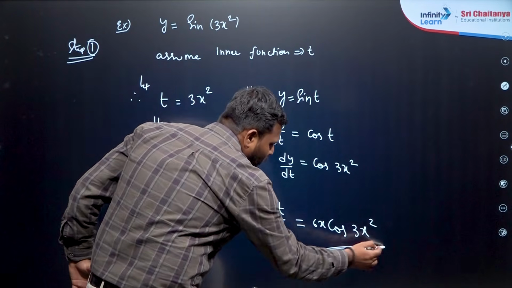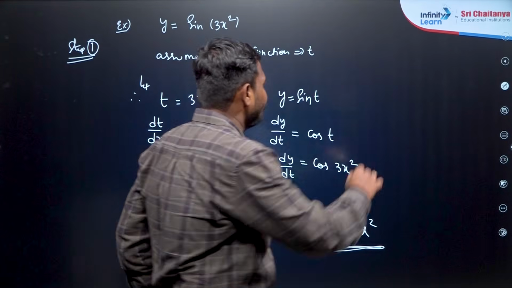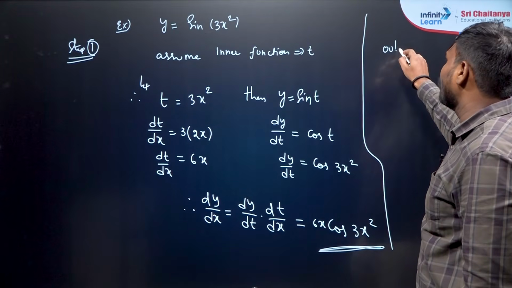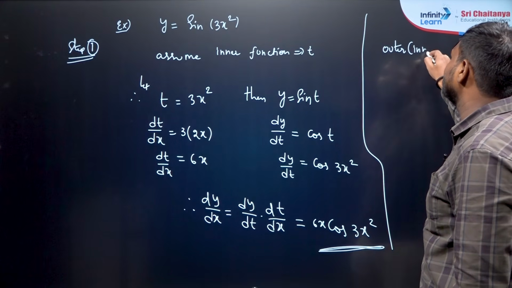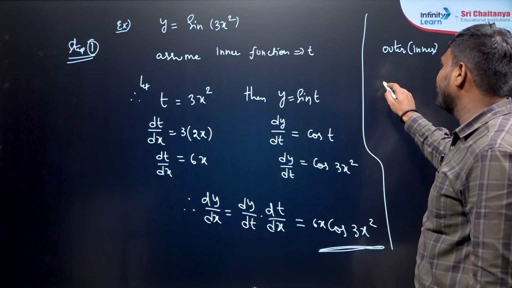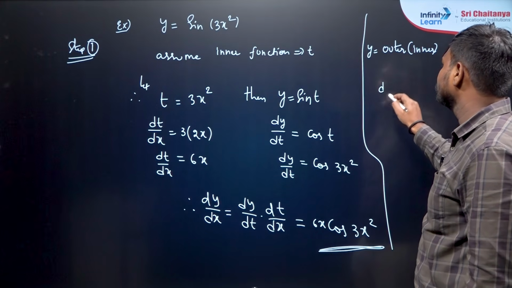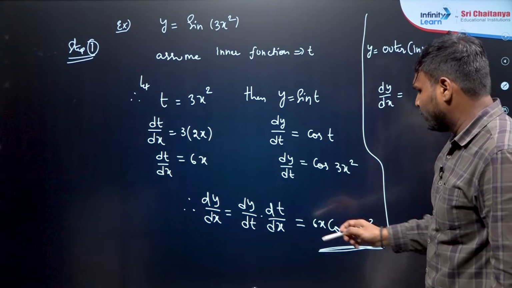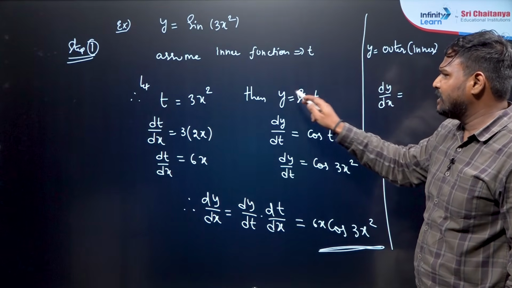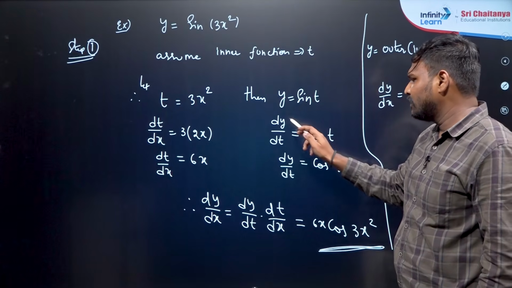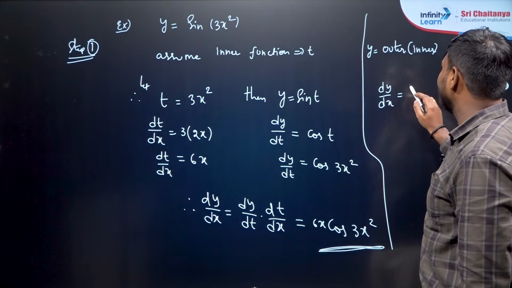So if you look properly, what is the shortcut for this, sir? Whenever an outer function and inner function is there, the derivative would be dy by dt. If y is equal to sin t, sine of something is outer function, then dy by dt is derivative of